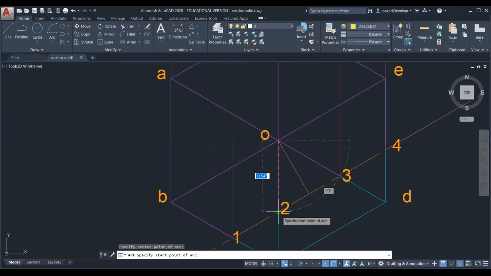So here the distance between point O and 2 is near about 11.54. Okay.